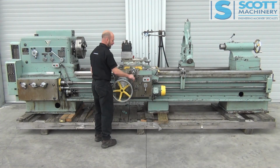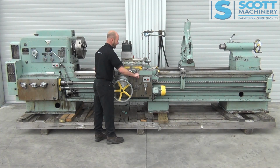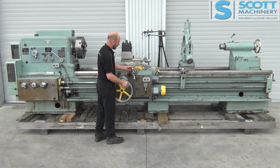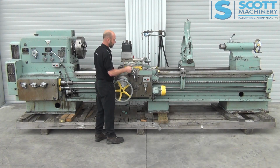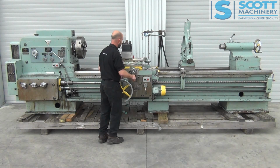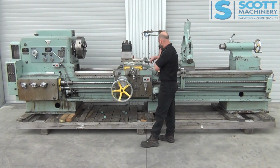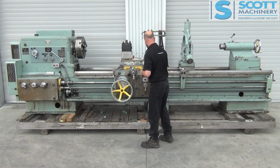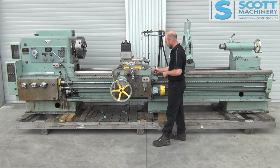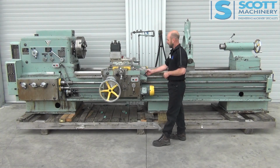And I'll push that in. The cross slide has got a special system on the handle. When you engage it, it goes one way and the other way. You've also got a button there to do your micro adjustments, but if you're not doing that, it just freewheels. So that feels really good there. I can't turn that carriage by hand, but you've got your controls there. So for instance, the rapid on it, back, forward,